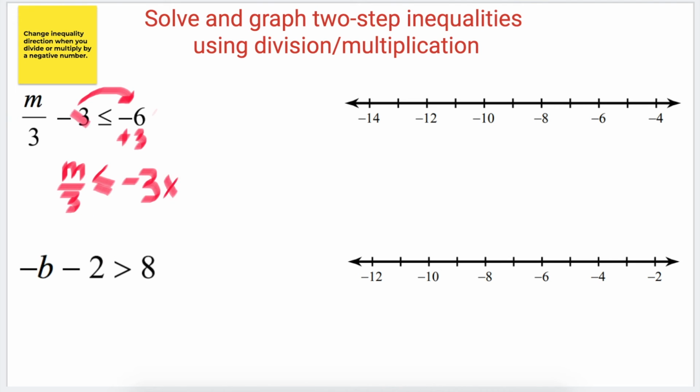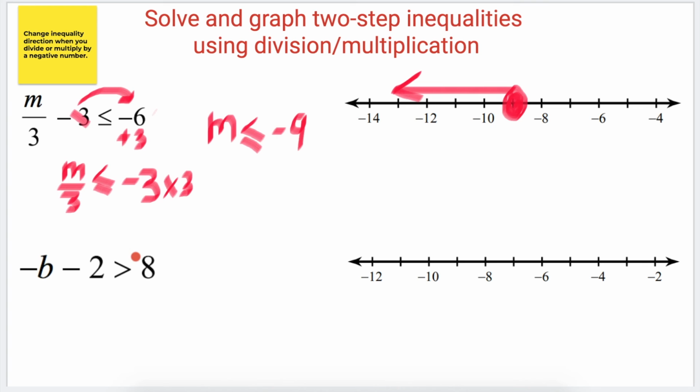So when you multiply both sides by 3, on the left side you're going to remain with m, and the sign remains the same because we're only multiplying by a positive number, and it's going to be less than or equal to negative 9. So on our number line, I'm going to look for negative 9 and put a circle and shade it, and then I'm going to draw the line to the left because I'm looking for all the m values that are less than or equal to negative 9.